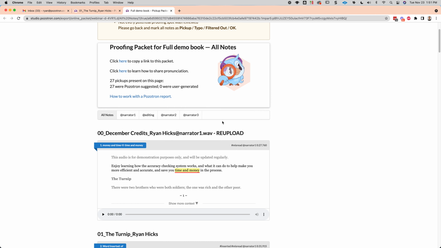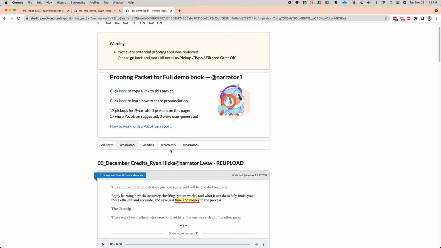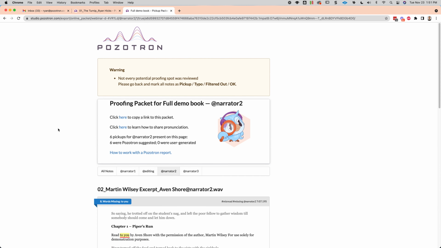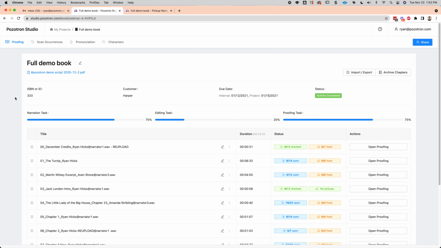The tabs are split out the same as you saw in the spreadsheet with the separate narrators, as well as the separate editing tab. We don't have the typos on this particular online version, so the only place you can get that report is on the spreadsheet. Adding DAW Marker integration is the last piece in this package to give you total control over